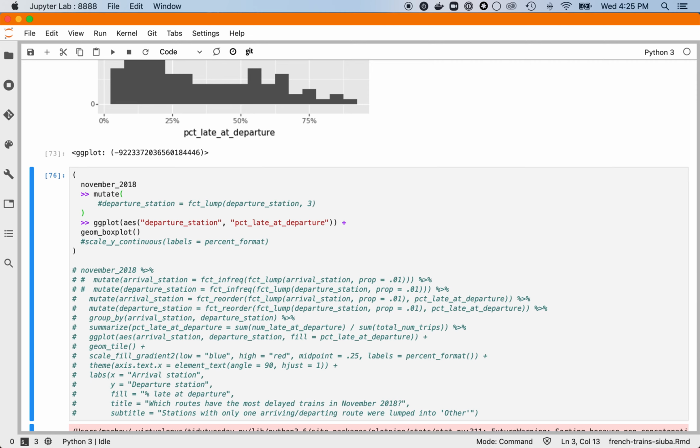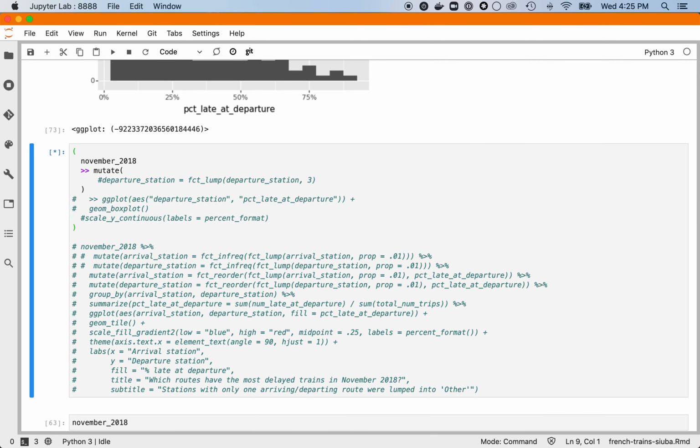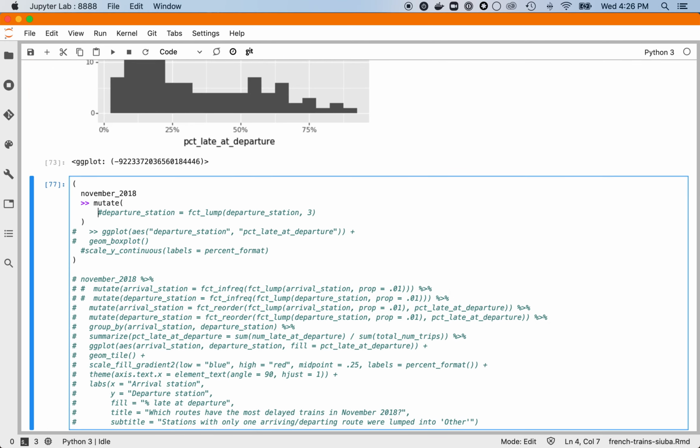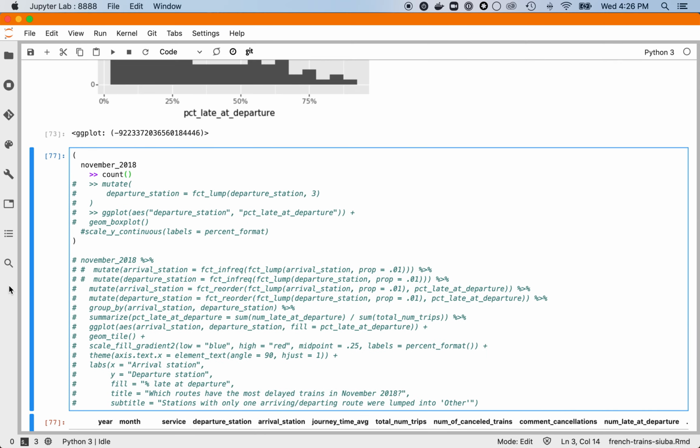So notice, I'm going to comment this out. So this is the data. And what I'm going to do is even get rid of this mutate. Sorry, there's a lot of comments floating around, but clean it up. I'm going to count. So notice he was plotting departure station on the x-axis, percent latest departure on the y-axis. Our issue was that there was tons of stuff on the x-axis. So if you count, for example, departure station,